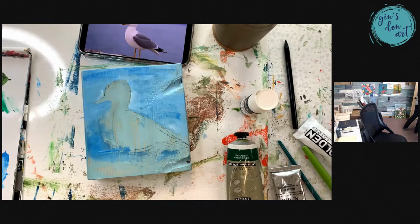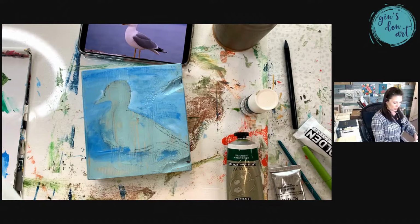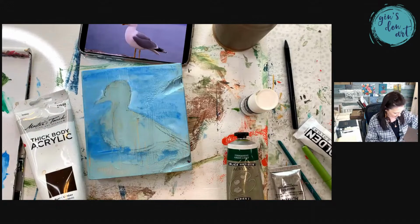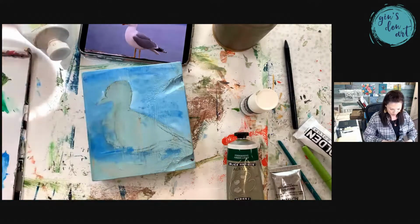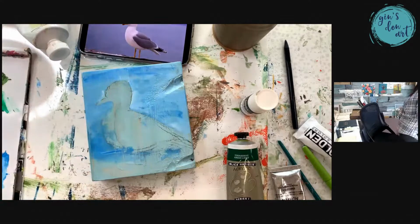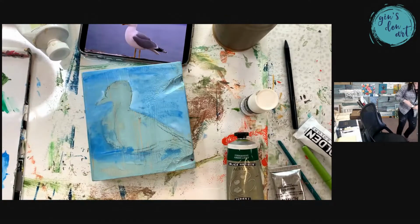All right, I'm getting the color of the sand that we're going to be using. Let me go over here and get it. It's going to be like an unbleached titanium and a little bit of brownish in it and some white. So this is what I'm talking about. Unbleached titanium is like a cream color, kind of like a tan. I'm going to grab just a teeny bit of that because this is a small piece, so we don't need a lot. I'm going to grab just a teeny bit of burnt umber